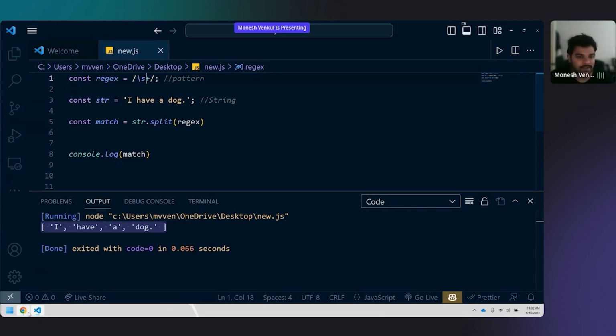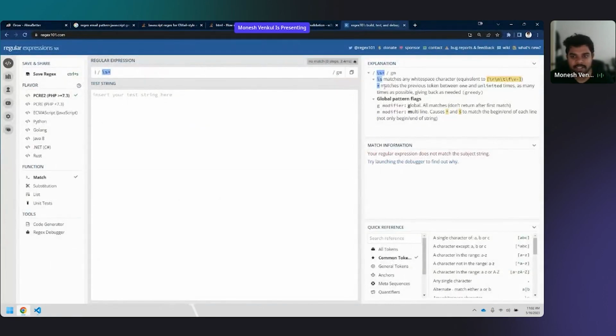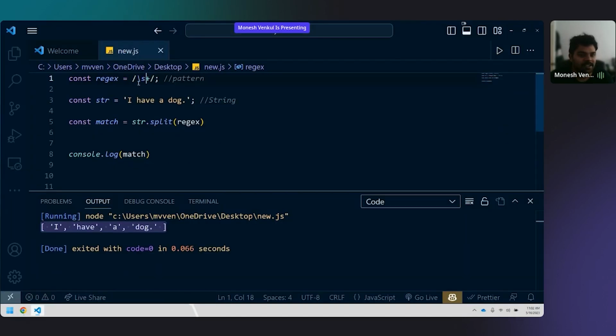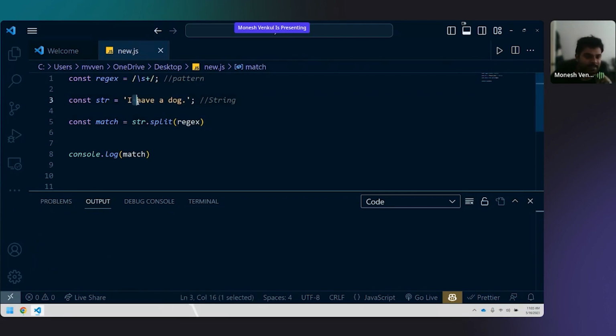Slash s means white space. I can show it to you live in here also. If you see here, slash s matches any white space character, and plus matches the previous token between 1 and unlimited times. Means slash s will search for space, plus will keep on searching for space. It's just like global. Whenever there is a white space, it will search for it, and plus will keep on searching for white space. Now, anywhere that I see a white space, I will be breaking my string